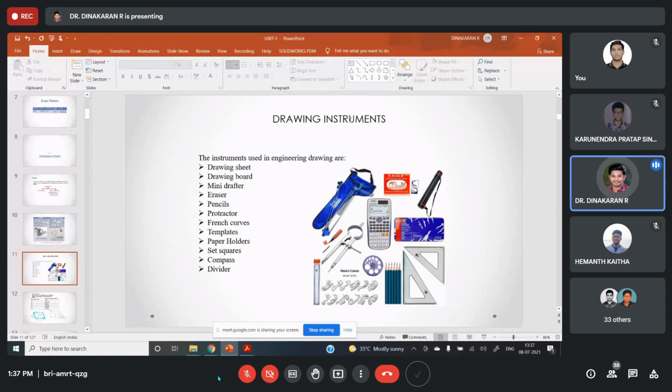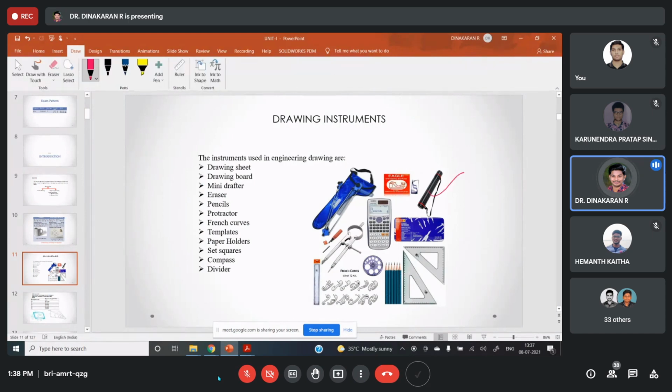Don't buy French curves, templates and all, no need. Basically we need a mini drafter, eraser, one long scale and one shorter scale. Pro circle, with a maximum size of 14.5 or 16 diameter. Buy that pro circle. Calculator, a normal calculator is fine. No need to buy a chart roller also.